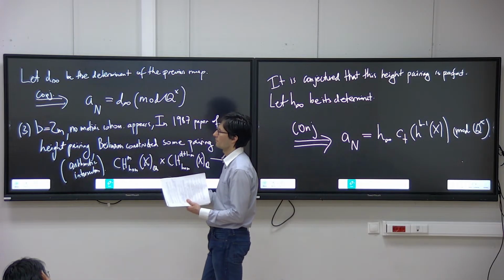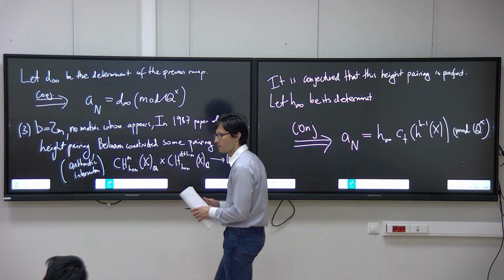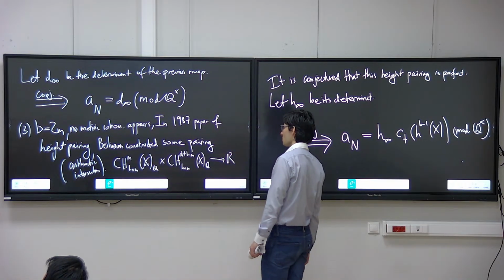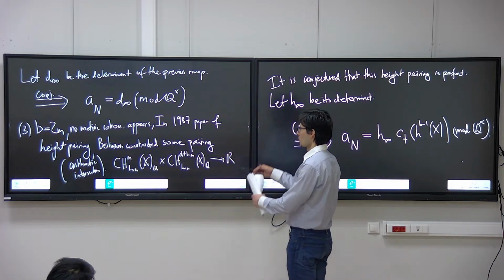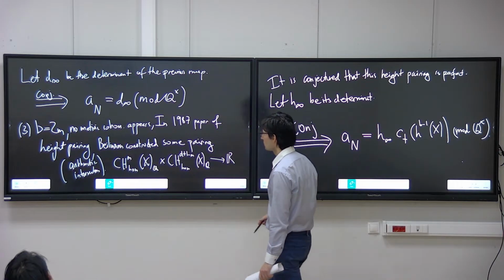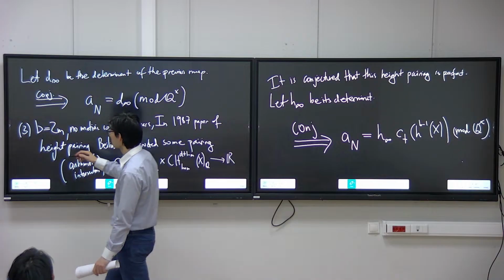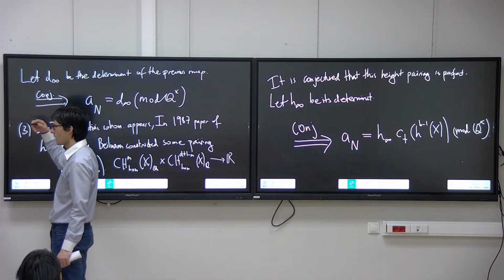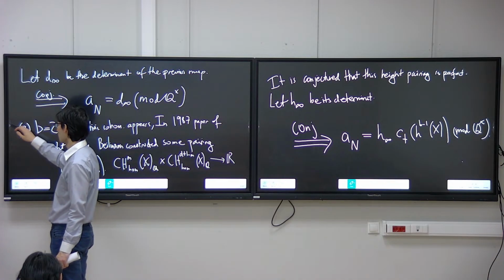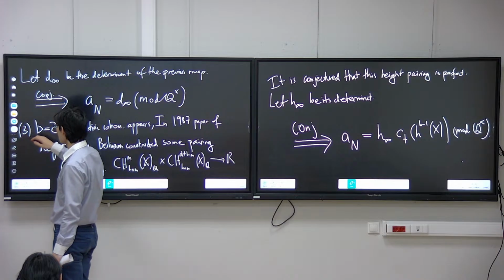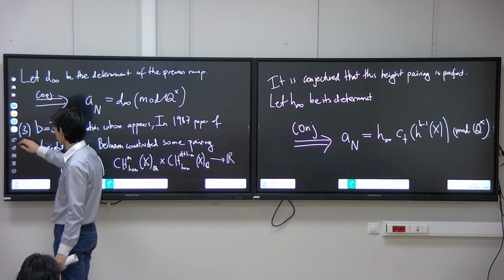It's kind of crazy, actually. What I stated here is for pure motives. There's an extension to mixed motives as well. There are refinements, etc., by work of Fontaine-Perrin-Riou, Lo Scatto, and